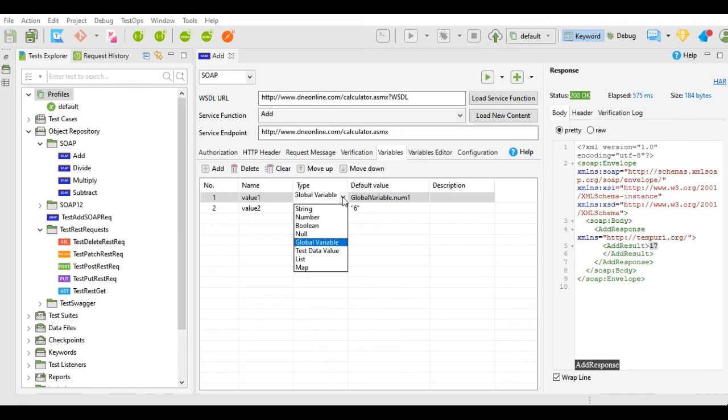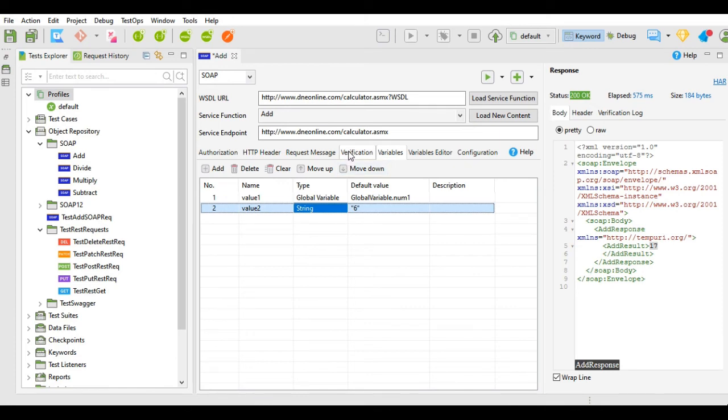For maps and list, you can check my tutorial for maps and list, how to use maps and list, and use the maps and list accordingly. In the same manner you can use maps and list over here.